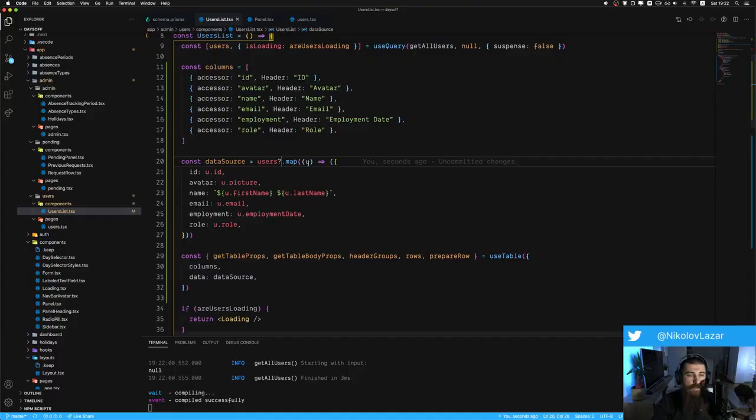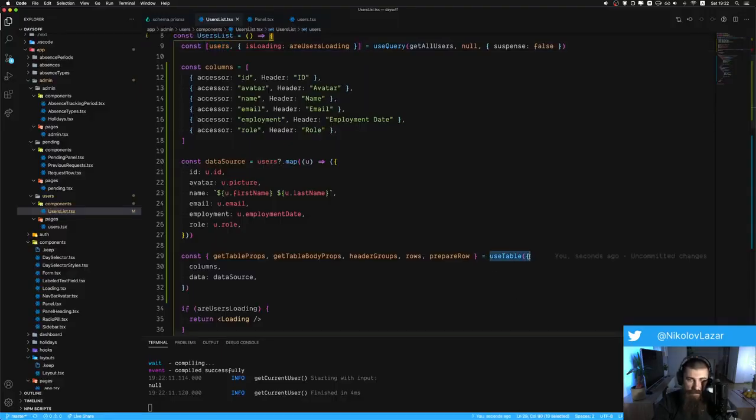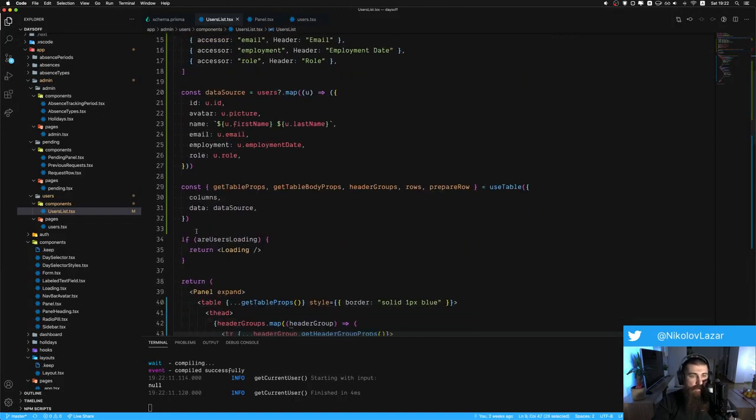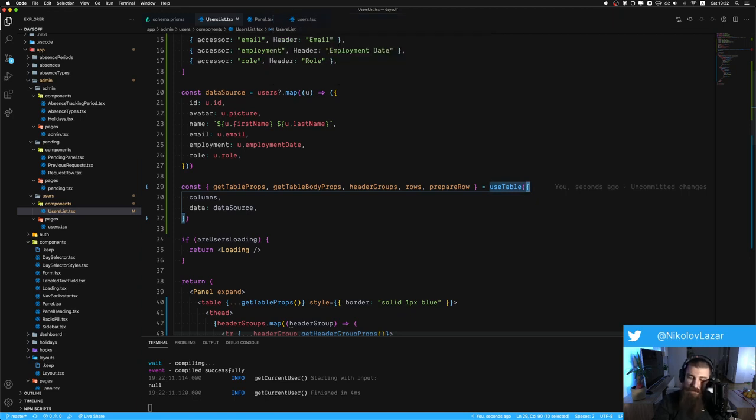Basically we need to load the users in order to construct the table. But then the table is a React hook, and while the users are loading, we cannot return anything and break the execution, because the React hooks need to go before the actual return. Right. So because we are using Next.js, I mean Blitz.js, which runs on top of Next.js, we have the ability